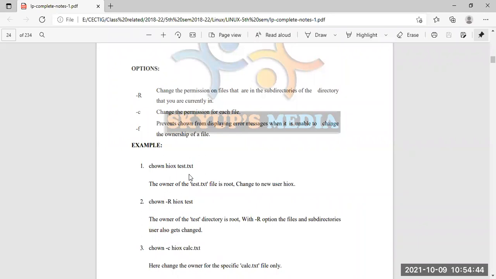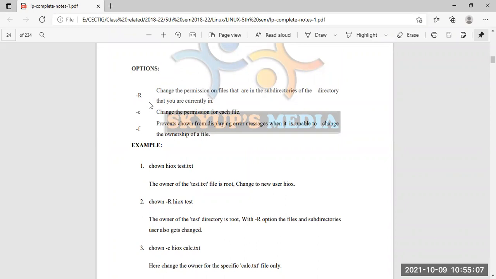What we need to do is to remember the command, what command is used for what particular purpose, what commands and what options are available to use when it is needed. Only we need to remember that particular thing. Otherwise, to write the command, to express the command, to write the syntax of the command, it is way too easy. Next one, chown, that is -r.